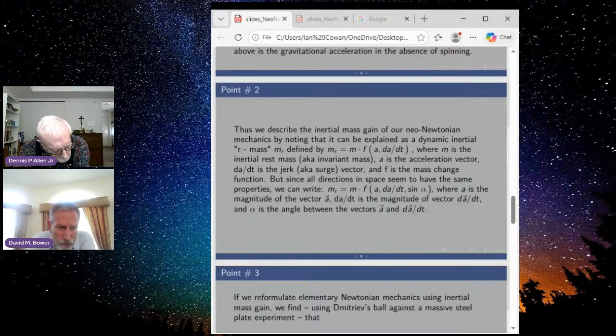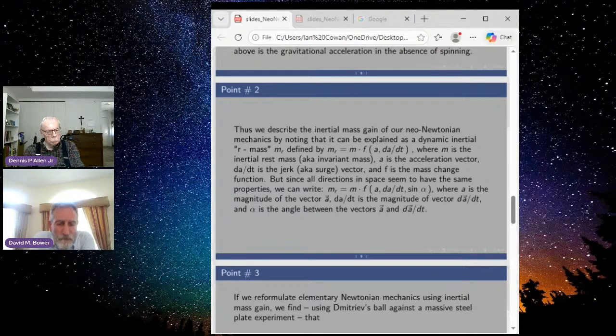Dennis, why did you call it the R mass? Well, originally I thought it was going to be a reduction in inertial mass, because Lathwaite claimed that he observed reduced inertial mass. So I called it m sub r, meaning reduced mass. But then I found out that Lathwaite had it backwards somehow, and it actually increased. But by that time it was too late to change.